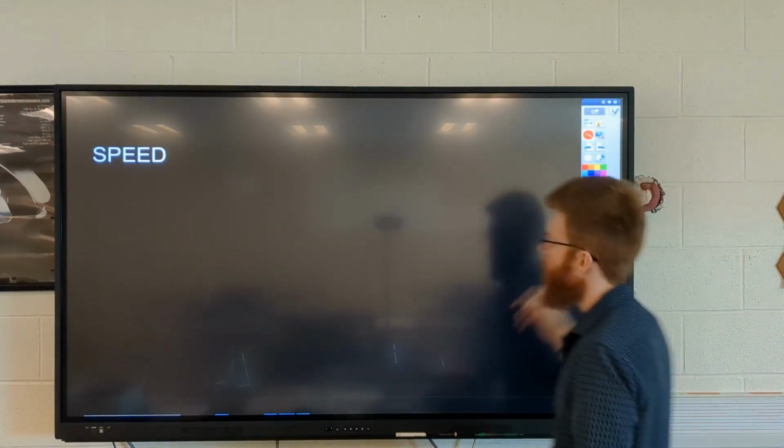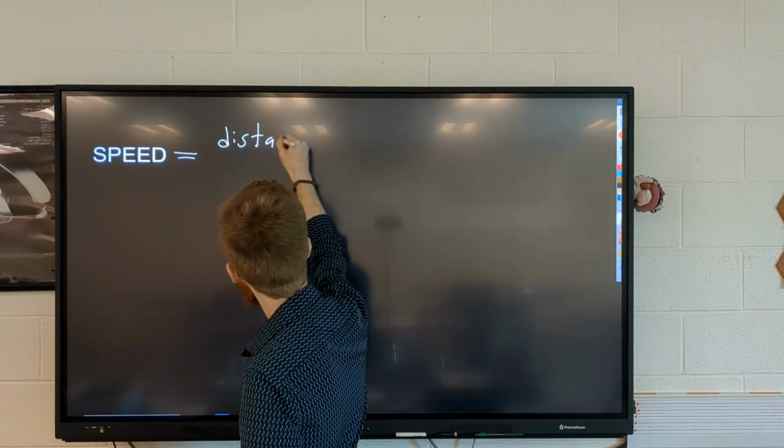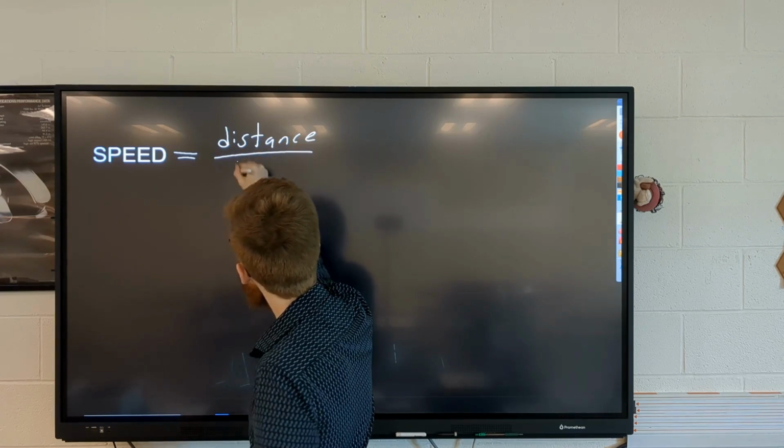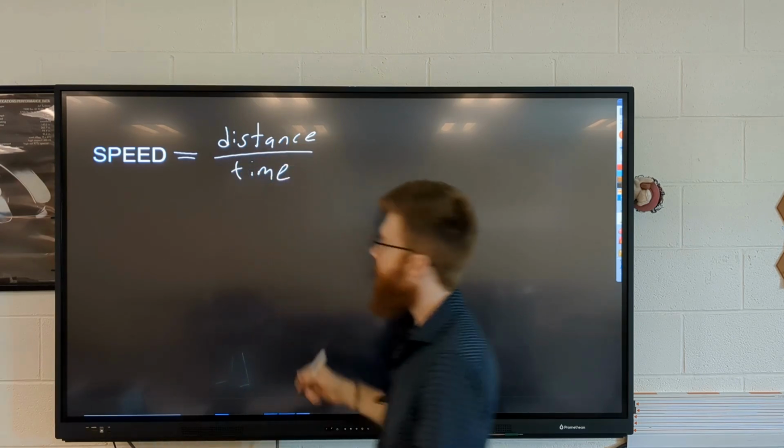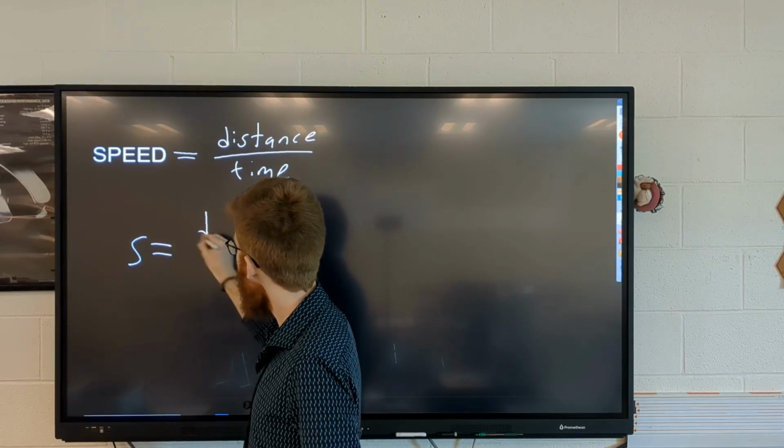But for now, I'm going to skip through that and get back into our discussion on speed, which we already said was distance over time. Or if we wanted to use variables, we'd say S is equal to d over t,